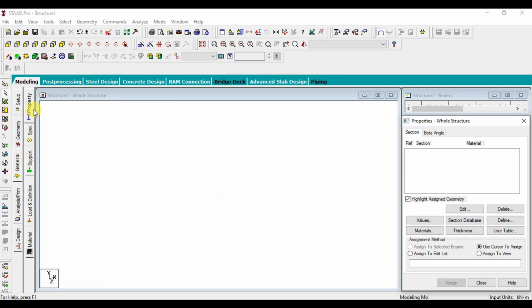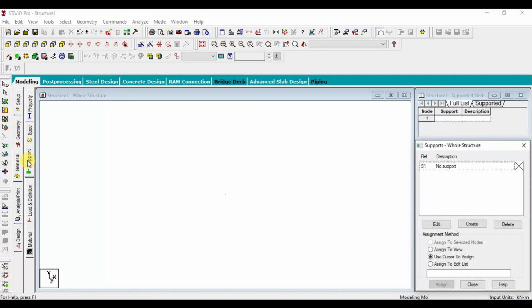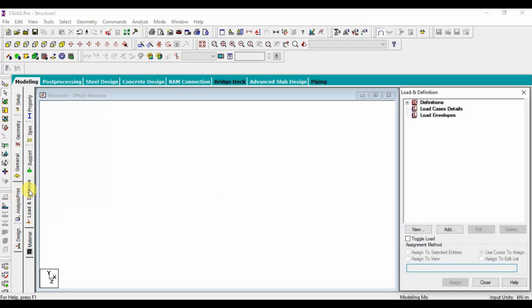In general, you have property. Property means member specifications, member sizes, and all you have to enter under the property. Next, specification of the whole structure, and then support. Support means whether you are assigning a fixed support or a pinned support or a roller support, that you have to specify here.